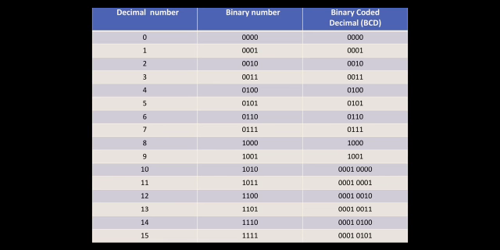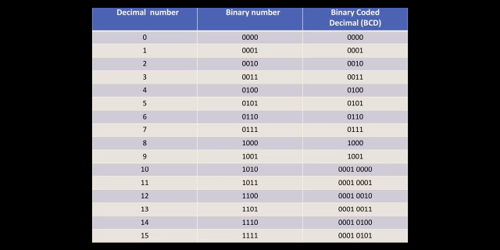If you take an example of 10, here I am separating each digit separately. The first digit's binary equivalent value is 0001. In BCD we observe it: for 1 the binary equivalent value is 0001 and for 0 the equivalent value is four zeros. This is the decimal number 10 in the corresponding BCD code.